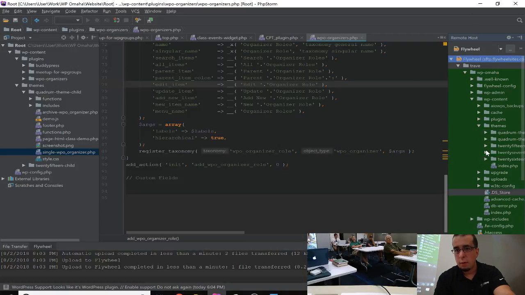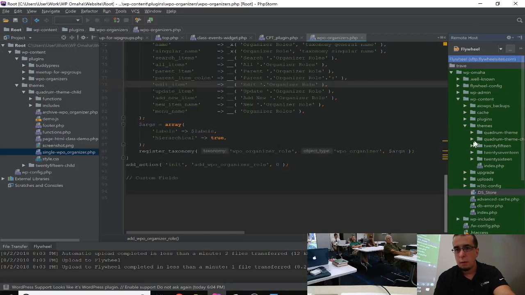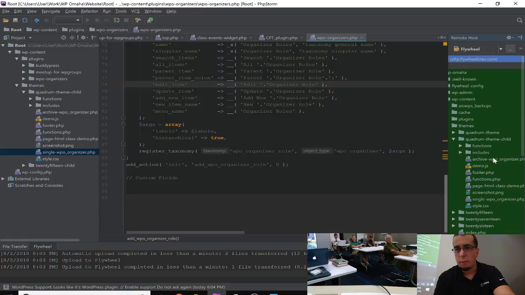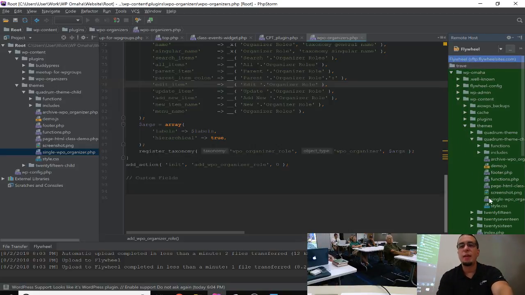Themes. So let's look at the child theme. See what's in here. There it is. Yep. How did it get there already? Is it Flywheel that automatically uploaded it? I don't think it's Flywheel. I think it's PhpStorm, actually. Anyway, so that's why it's not showing anything, is because I literally uploaded an empty page template,